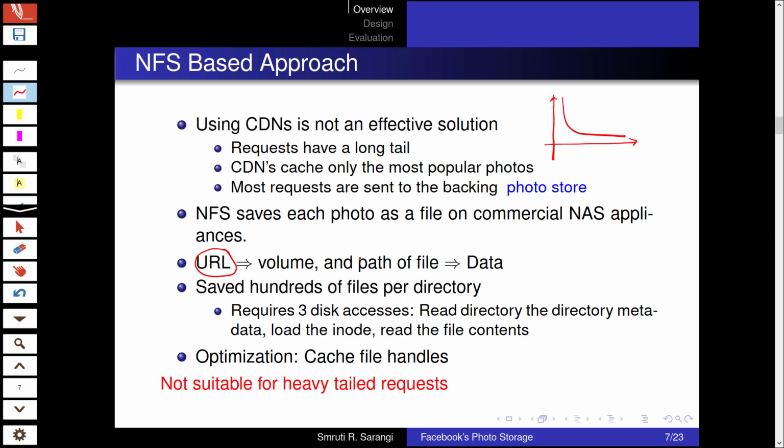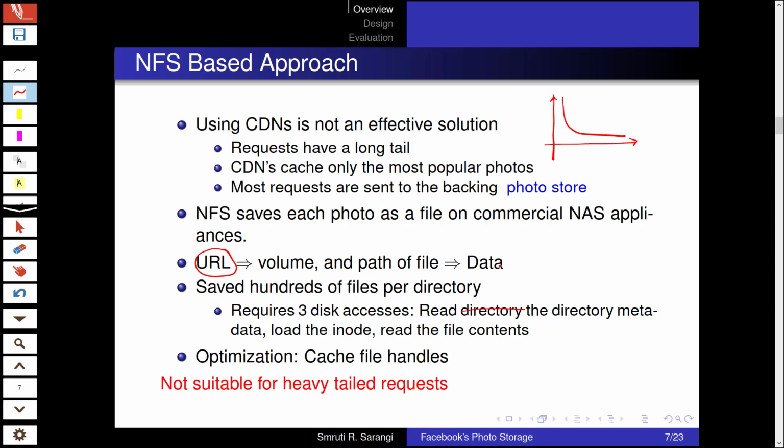Of course, we can do a default implementation where we save hundreds of files per directory to minimize the depth of the directory tree. This would require 3 disk accesses. The first is to read the directory metadata, then load the inodes of the file, and then read the file contents.